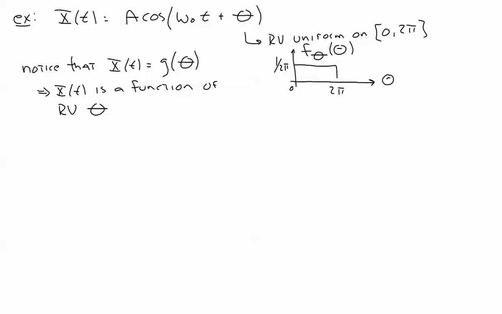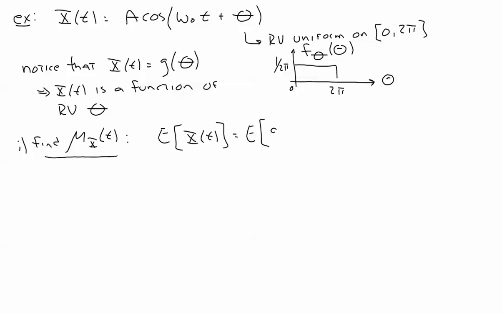So first thing we're going to do, find the mean value of my random process x. So my mean value is just the mean of a function of random variable theta,